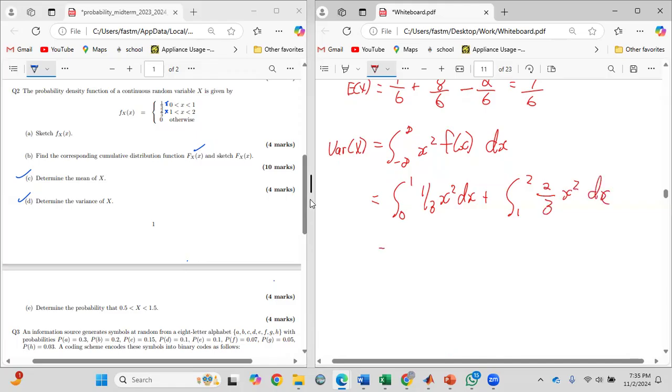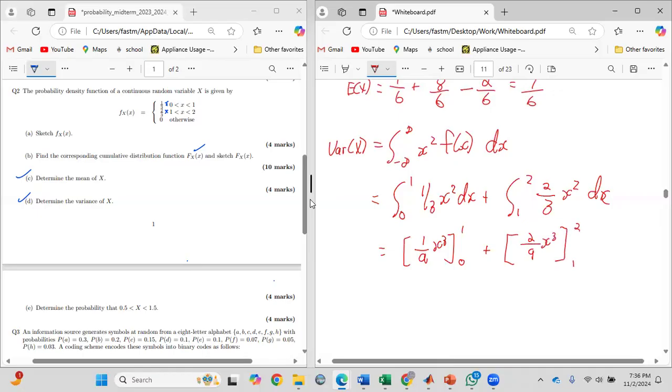Alright, so here, 2 plus 1 is 3, so it'll be 1/9 x cubed, because 3 times 3 is 9. Plus, this one here will be 2/9 x cubed